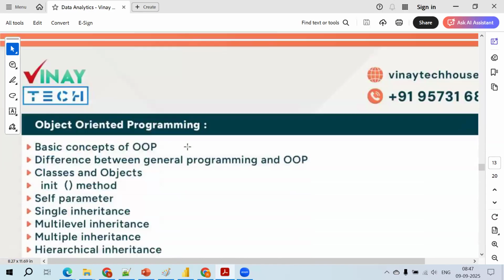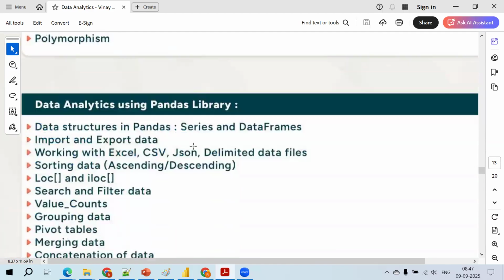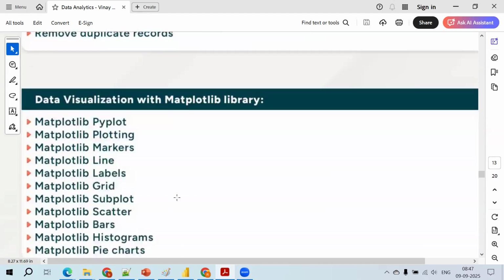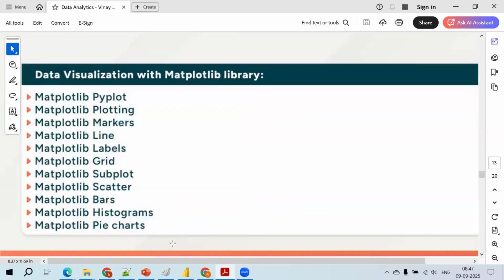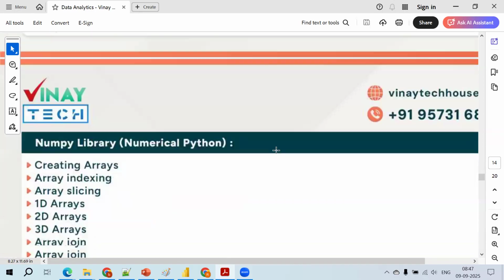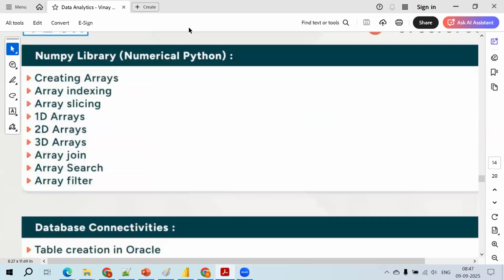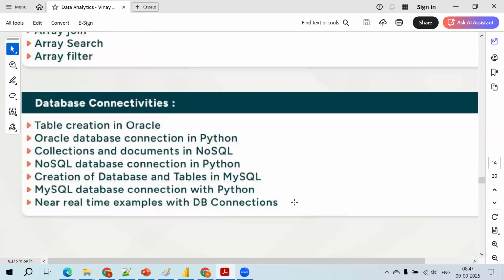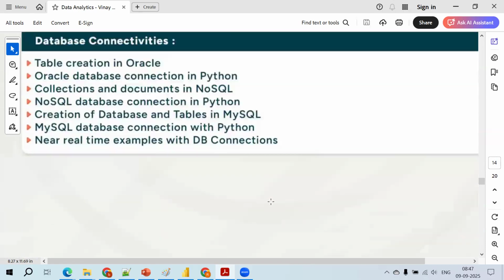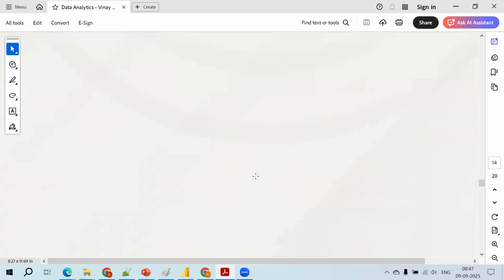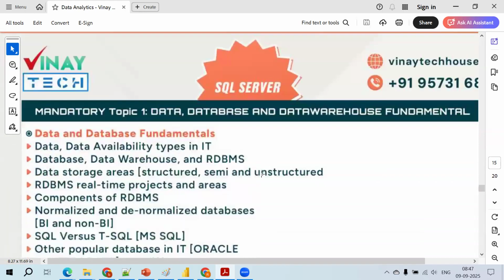Matplotlib is the library for the data visualization part, and NumPy works with arrays and database connections. Python has so much sophistication and it's a really good course, right? And then data types and databases.